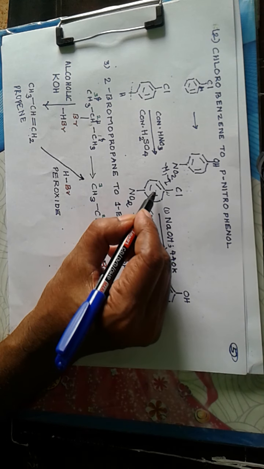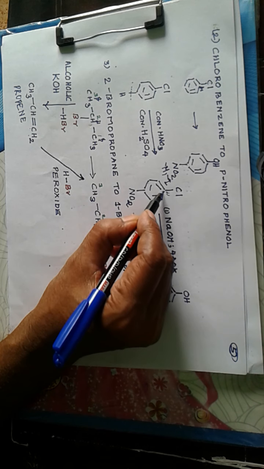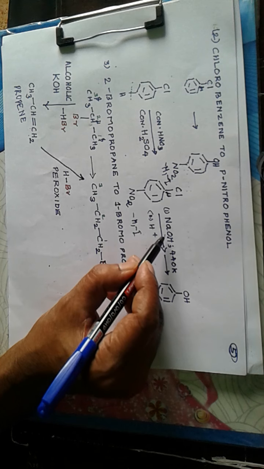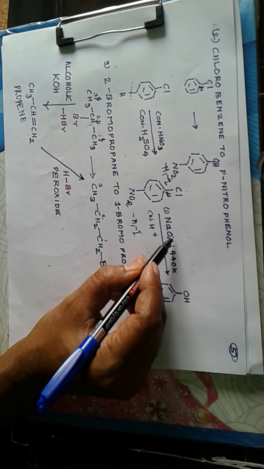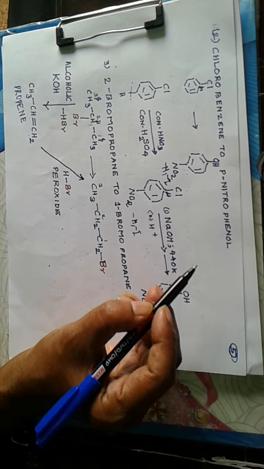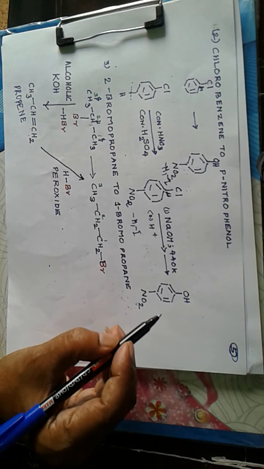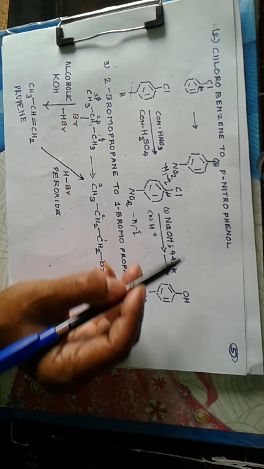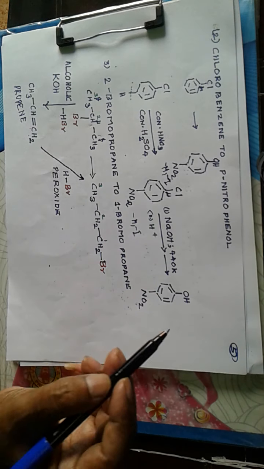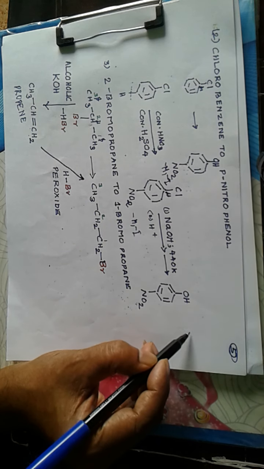Now this minus M effect can produce a positive charge at the alpha carbon, so NaOH is the reagent. OH minus attacks this alpha carbon and the leaving group is chlorine, so OH minus connects and NaCl is removed from the structure. Now we get phenol, but this is acidic, and will react with the sodium hydroxide in the medium, producing the salt